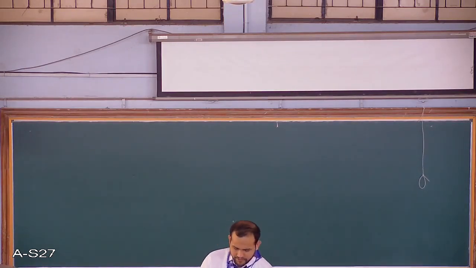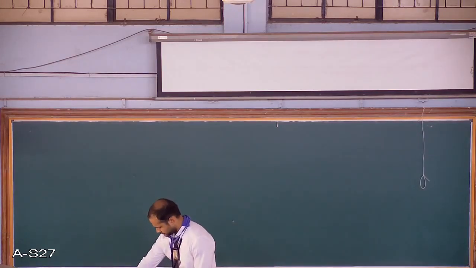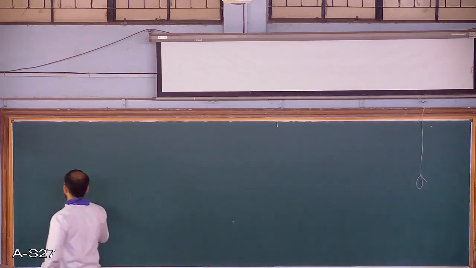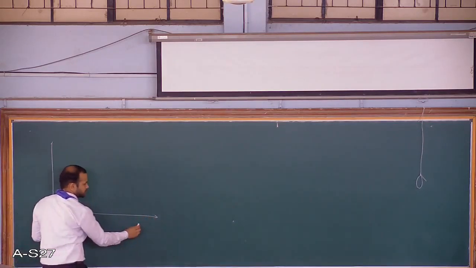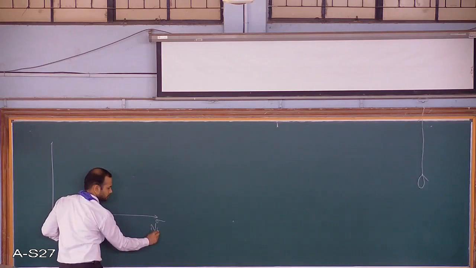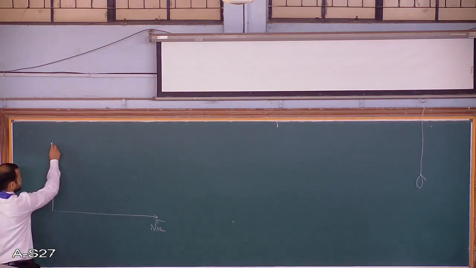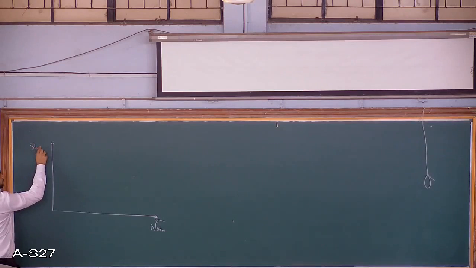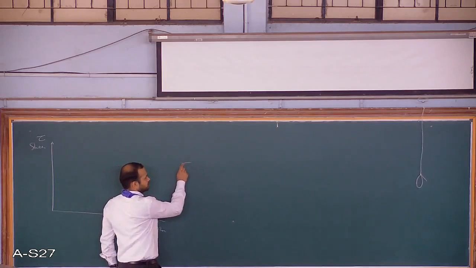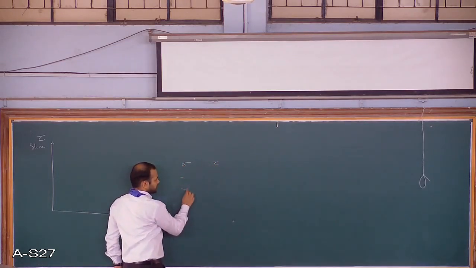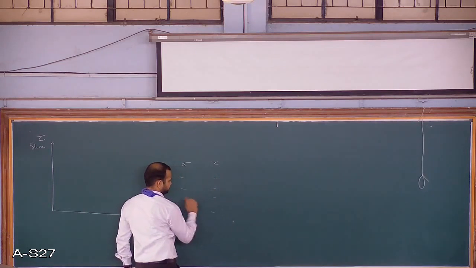So we have discussed this. So basically what happens in direct shear test, if you remember, we have this kind of plot. So this is for the normal load and this is for the shear load. This is generally tau. So in this problem they have given you two columns. One for sigma, one for tau. So these are four values given.